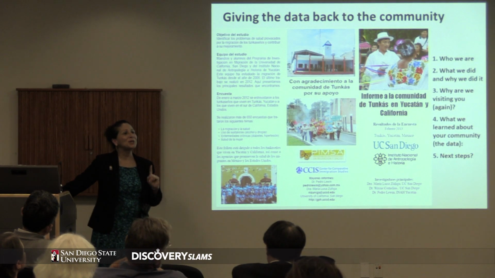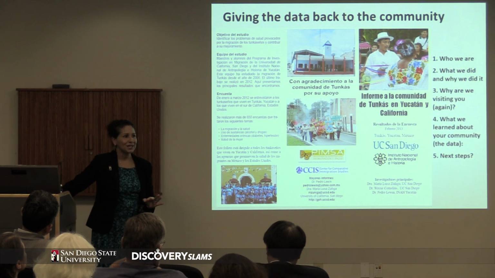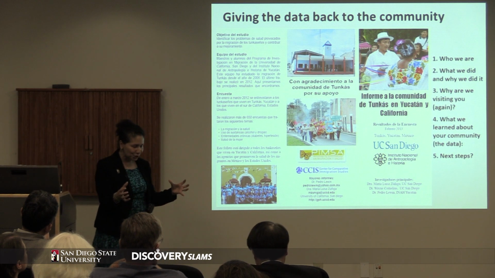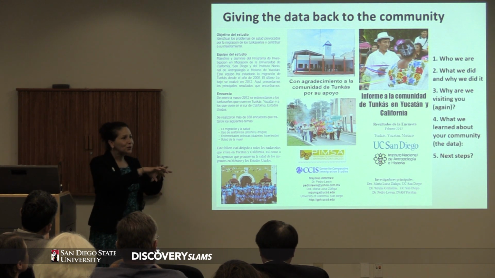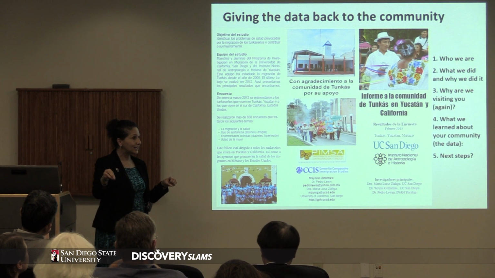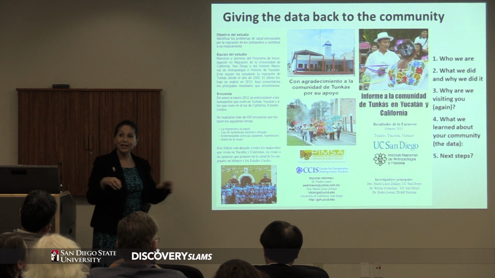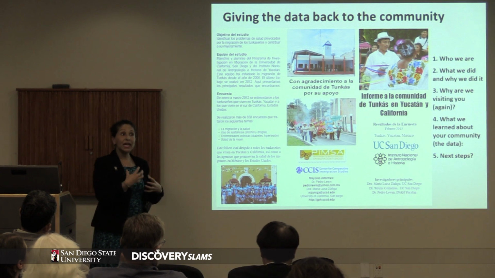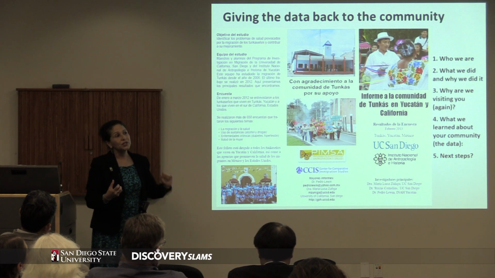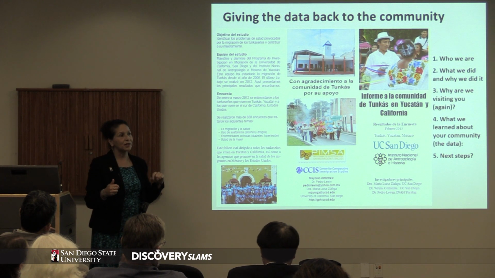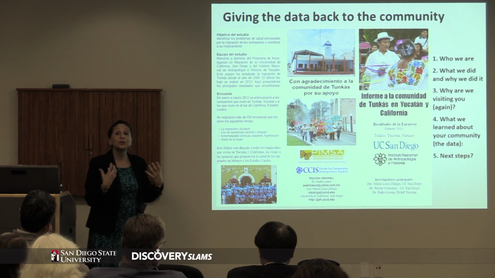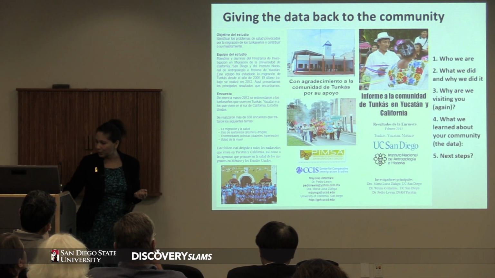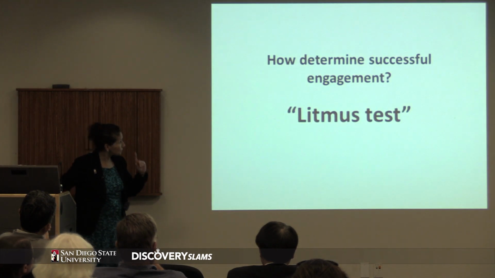We also look at giving the information back to the community. There was an opportunity to go back to Yucatan after the first wave of research and meet with different community groups, including the community clinic, the leadership at the time, and a group of school teachers. They listened to the information, gave us feedback, and said, we are concerned about the risk of our adolescents. They're participating in risk behaviors that we think are dangerous to them. That then became the next step for the research to make it relevant to the community.